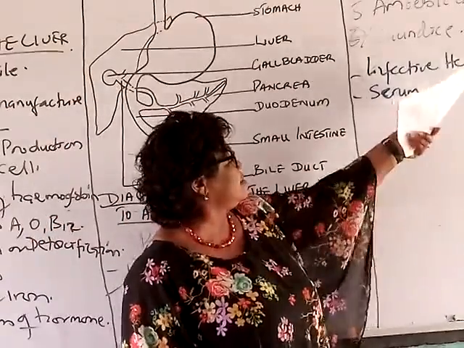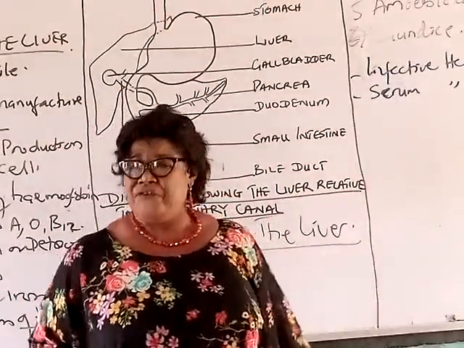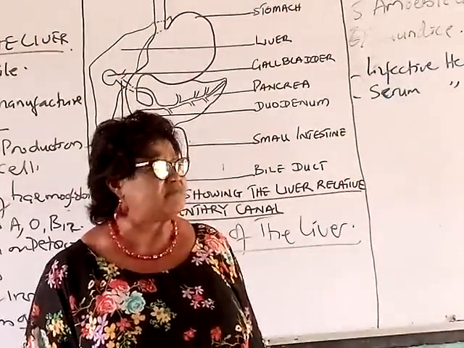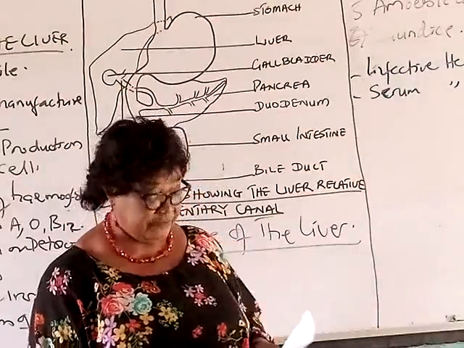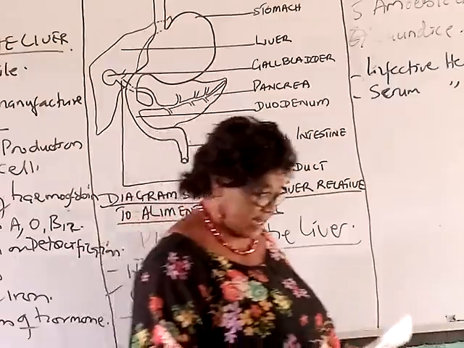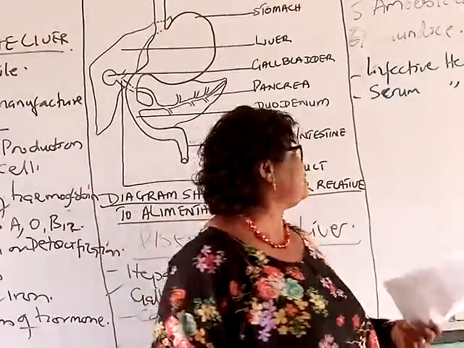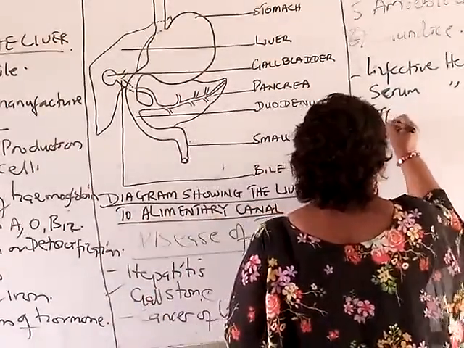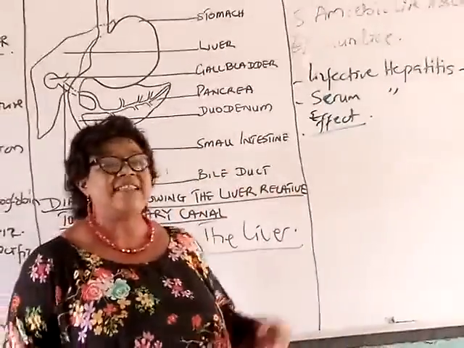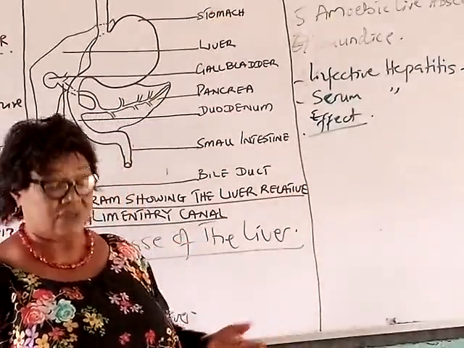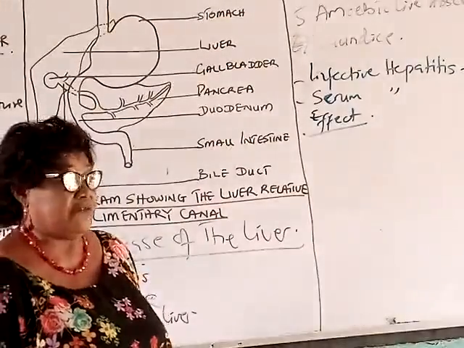So both of these, the infective hepatitis and serum hepatitis, both of them cause inflammation. If you don't understand what I mean by inflammation, it means swelling. It will cause the liver to swell up. It will cause inflammation and destroy the liver. So how do we know those infected? What are the effects? Please, I'll be fast in it. Just try and make sure you jot down things. So what are the effects, or what we can call the symptoms of this disease? One, it leads to loss of appetite.